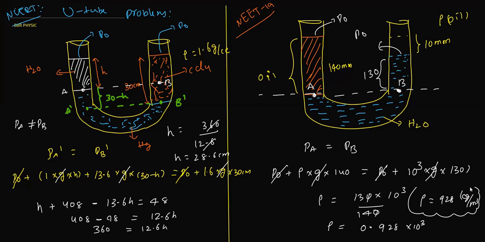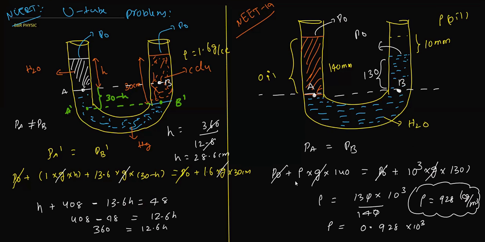The options they gave are in SI units, that's why I took SI units. But if you want to convert to grams per cc, you just have to divide by 1000. Pressure at point A should be equal to pressure at B. Pressure at A is due to this height plus atmospheric pressure, P naught plus rho g h. The oil height is 140, that's what I mentioned here. Equal to P naught plus rho g h for water. Density of water we know is 10 power 3 kg per meter cube, into g, and the height of the liquid column from here to here is